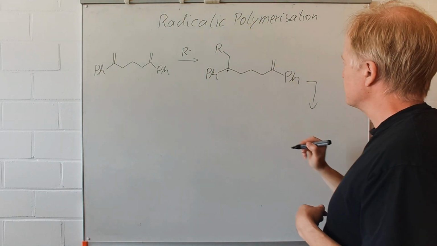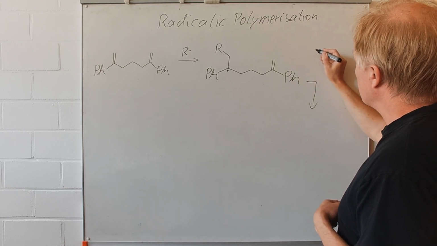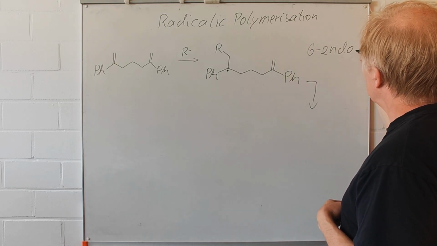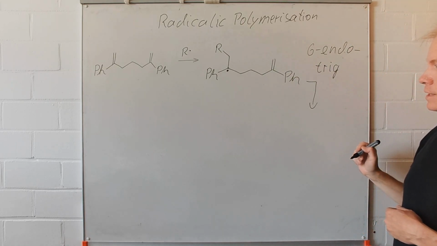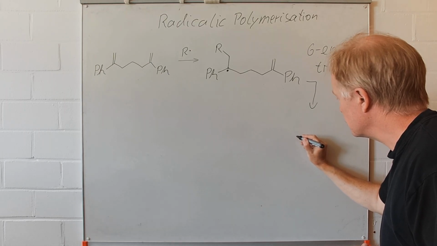This is a cyclization reaction, and it is, according to Baldwin, a 6-endo-trig cyclization. So, a 6-membered ring is formed,